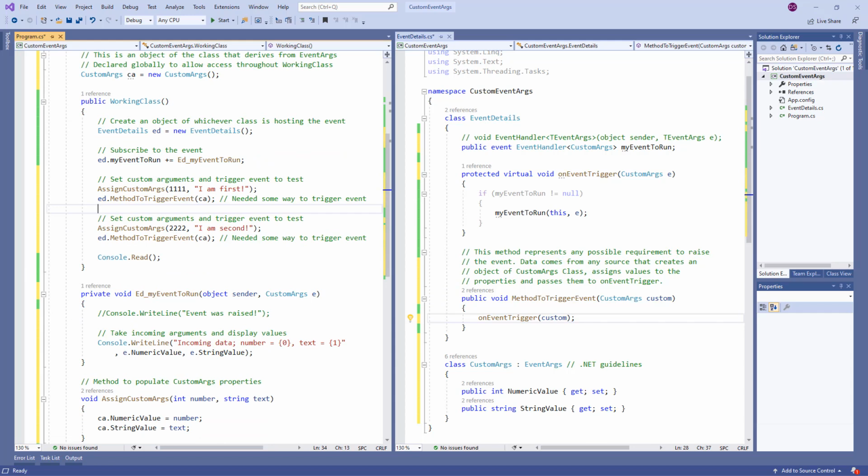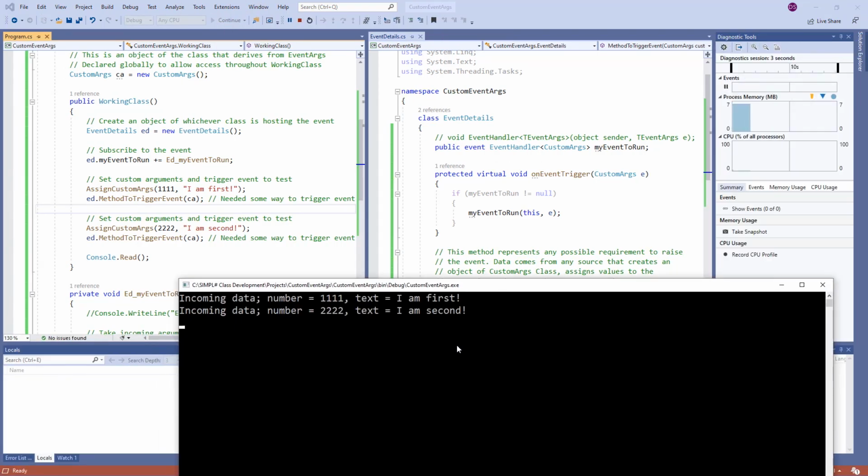We have already created an object for the CustomArgs class to carry our data. Now, in our new default constructor, we have put in code to assign two sets of values and trigger the event after each assignment. In our output window, we can see the result of the event passing the CustomArgs to the subscriber event handler